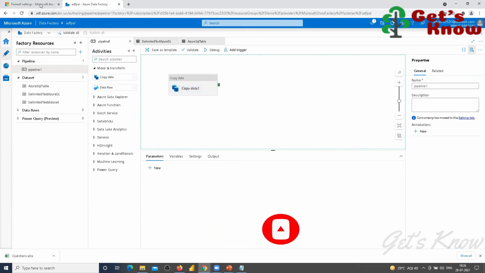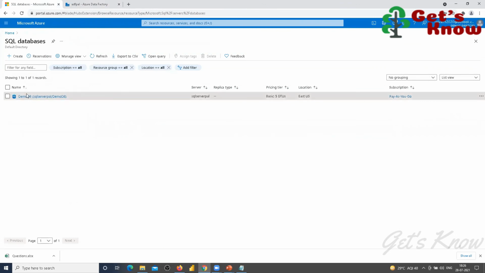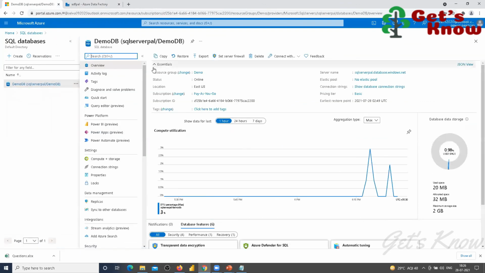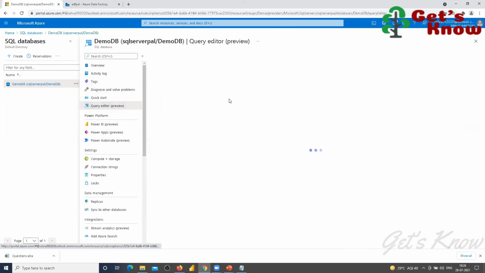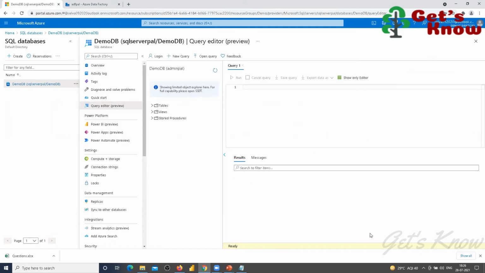What will I try? SQL database, query editor. So here.